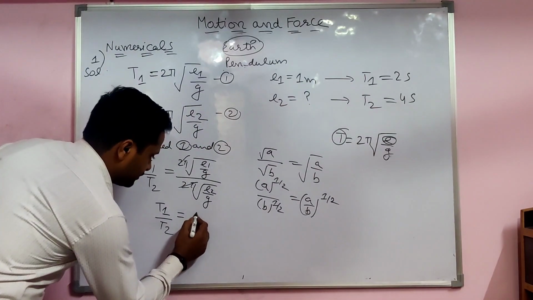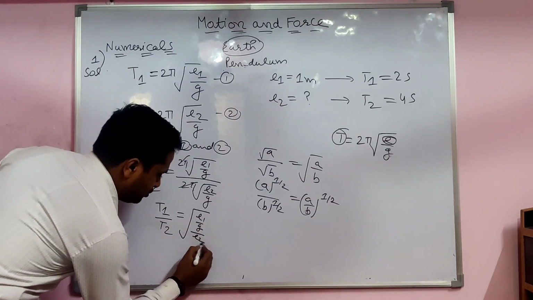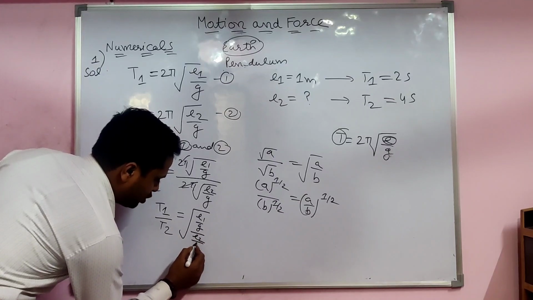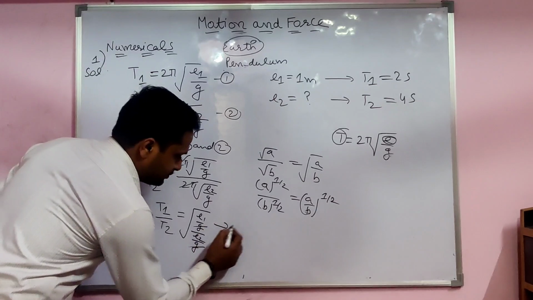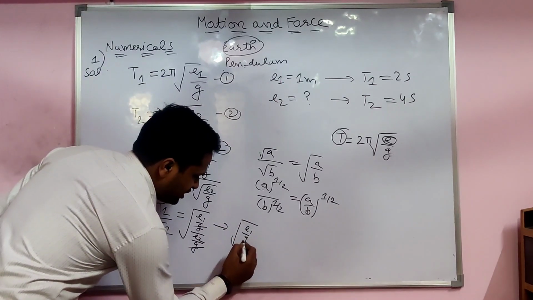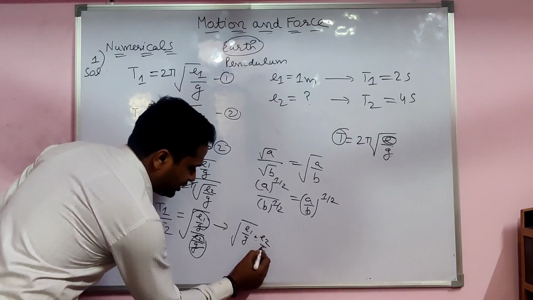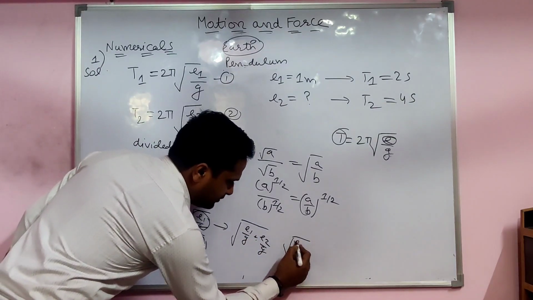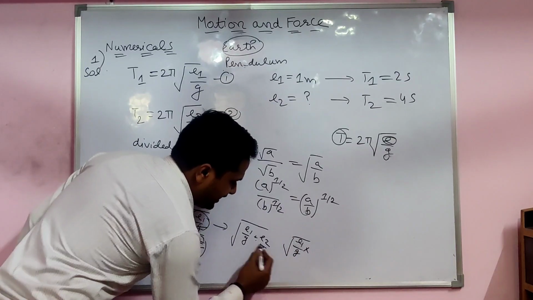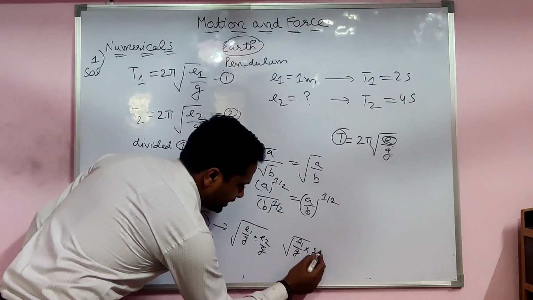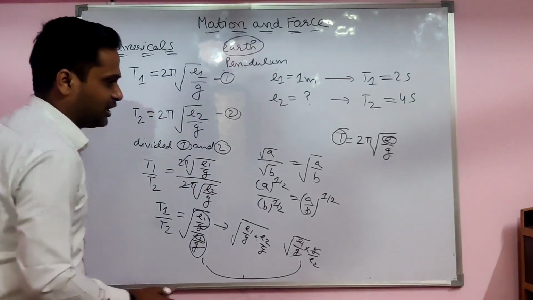Now, under root of L1 upon L2, L upon G, L2 upon G. G cuts. How is it cut? See there. L1G, take it as 1. L1G divided by L2G. When you solve it, when you change the divide into multiply, then reverse, cut. That's why this one formula comes. Keep in mind, this one formula comes.